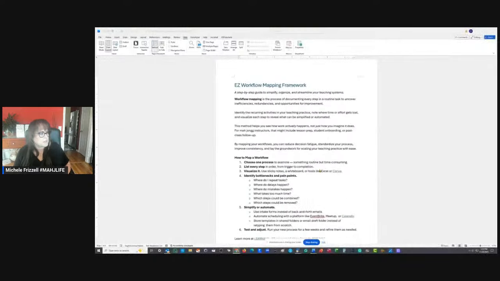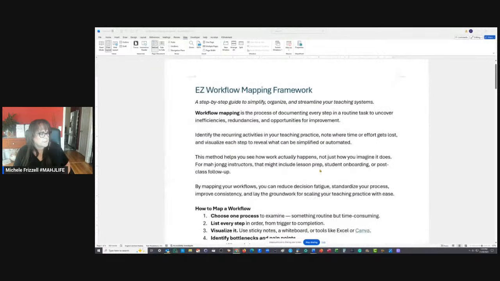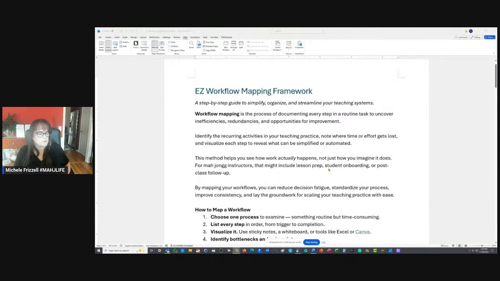Here's the framework, okay? Easy workflow mapping framework. And incidentally, I did upload this to the digital library in the Instructor Guild. So if you're a member of the Instructor Guild, this should be in the digital library, but it's also in this episode's show notes as well. Okay, so here's the idea.